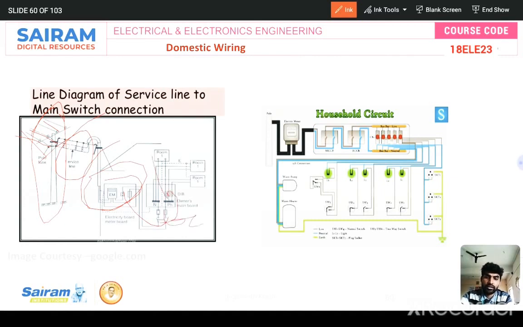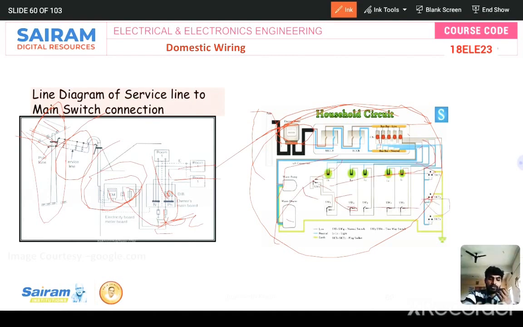The energy meter feeds its own main board, and from there room 1, room 2, room 3, right? Similarly, in this one there is a pole present, and an energy meter. After that, there is a household circuit. From that, there is a water pump and a water heater, and particularly lamp sockets and all are present here. It's the best example for understanding how they do the wiring system, and how the power supply comes from the energy meter to a particular room.